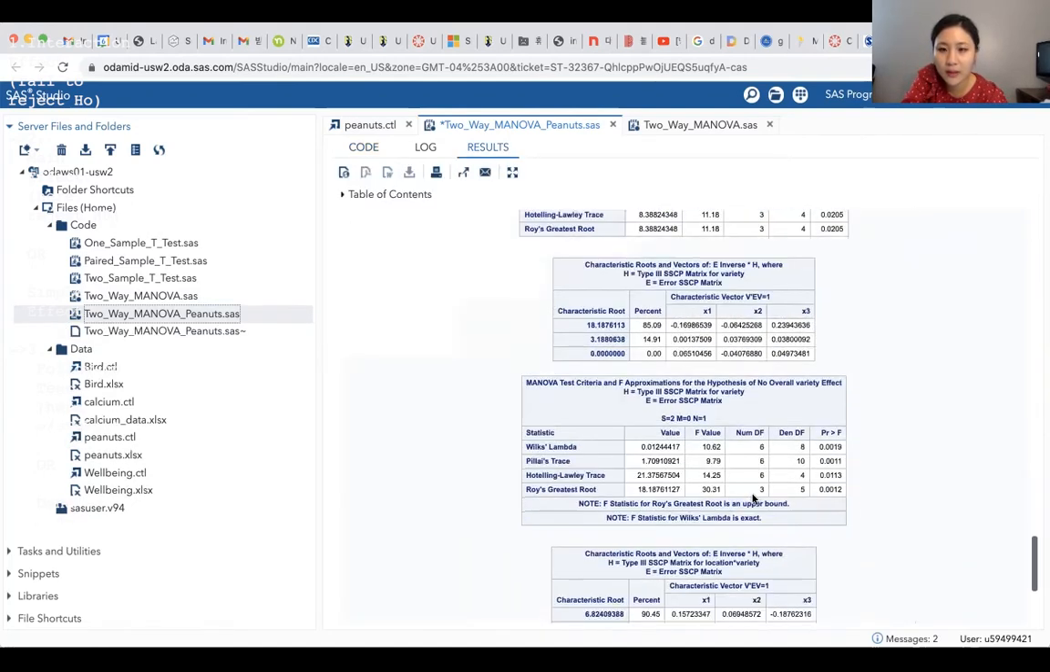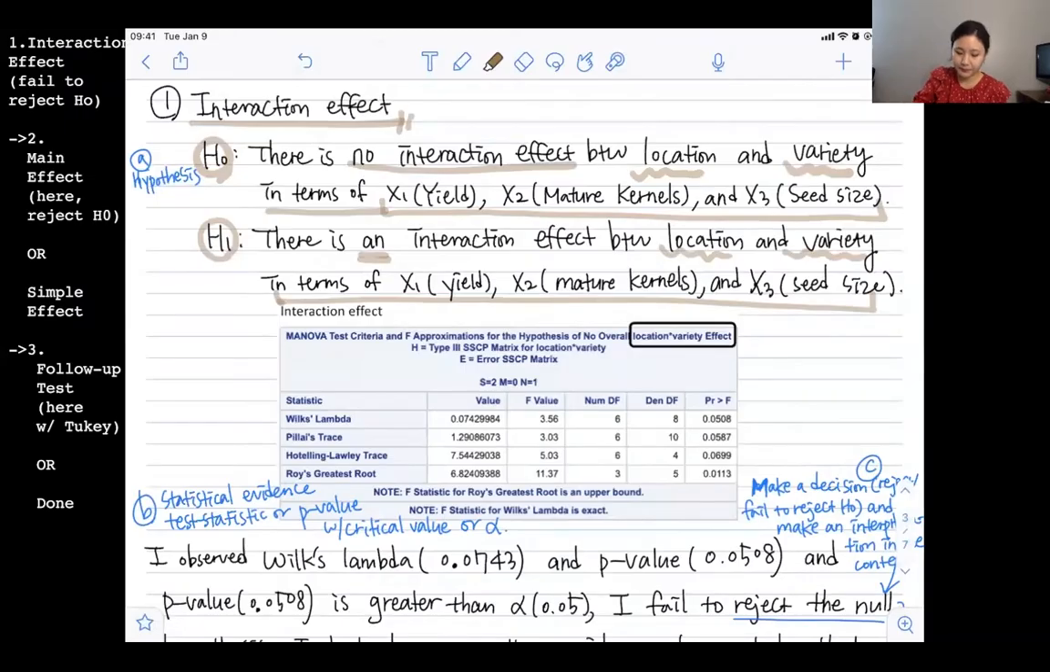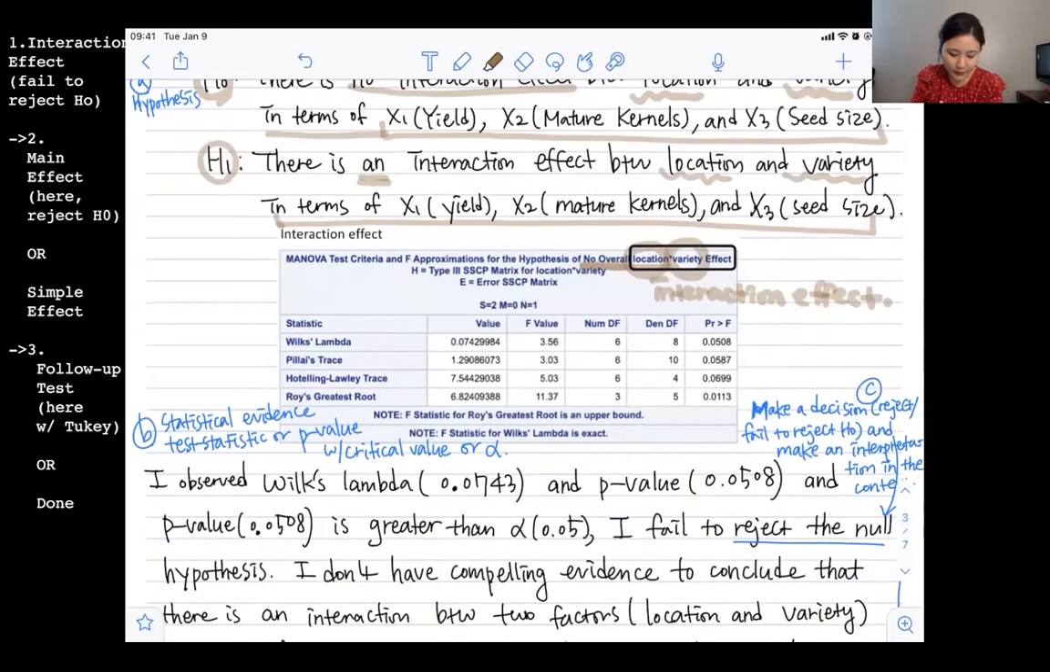I have the interaction table at the end. If you scroll down to the bottom, you could find the overall location times variety, which is the interaction effect. So we need to see this table, especially this row for Wilks' lambda. So I copied the table here. No overall one factor times the other factor effect, which is the interaction effect. I observed Wilks' lambda